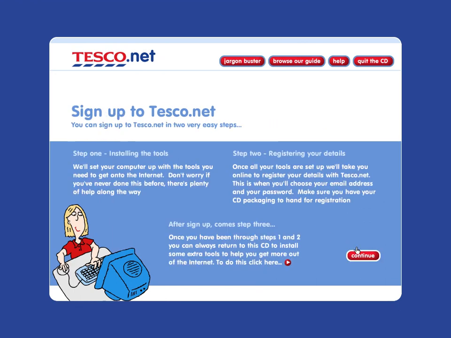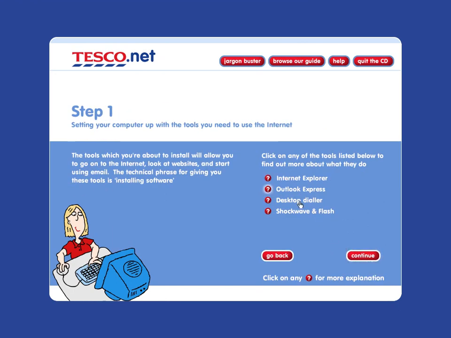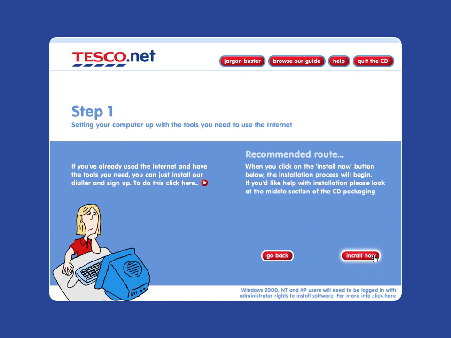Welcome to Tesco. Sign up. Step 1. Setting your computer up with the tools you need to use the internet. When you click on the Install Now button